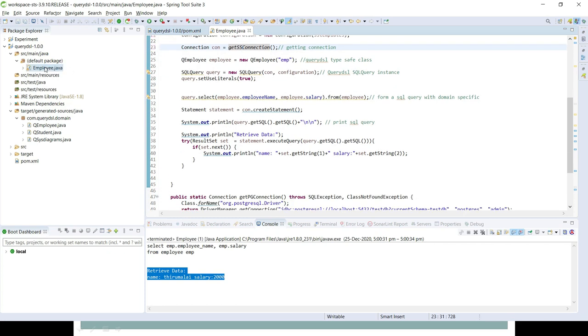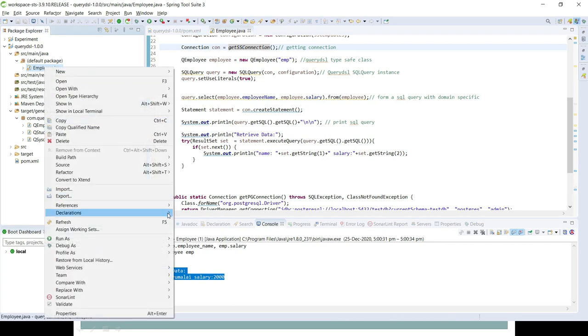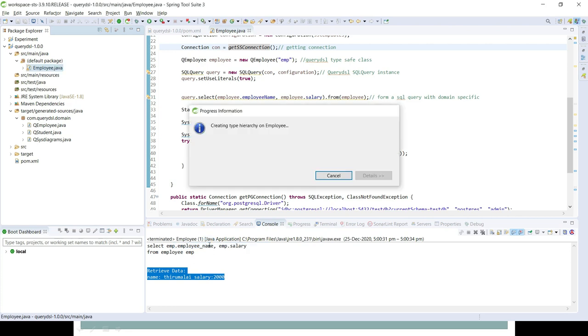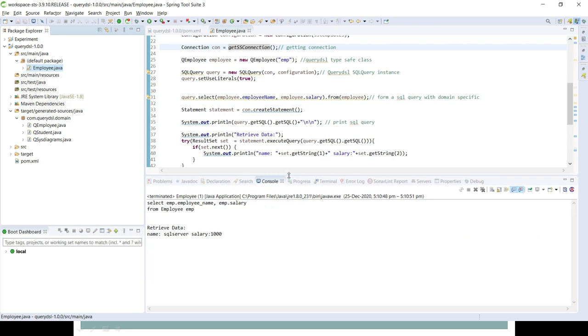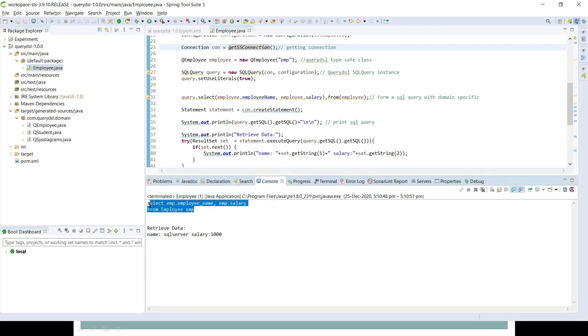Now I'm going to run this and show you the result. Here you can see the select statement, which is composed by Core DSL, and then the retrieval of the information from SQL Server.